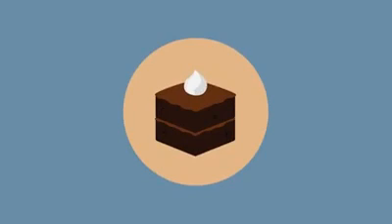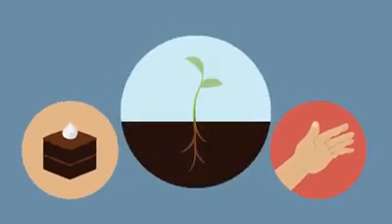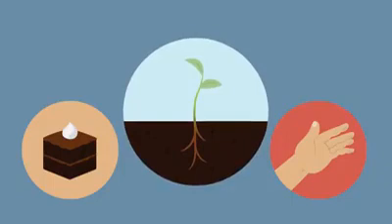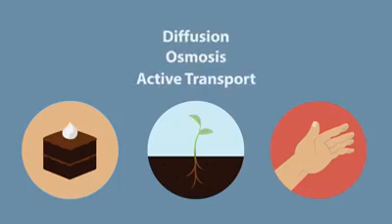Can you smell that delicious cake? Have you ever wondered why your fingers prune in water, or how plants manage to take up nutrients from the soil? All of these things require the movement of substances by either diffusion, osmosis, or active transport. In this two-part series, we're going to discover how cells take in useful substances and remove waste using these three